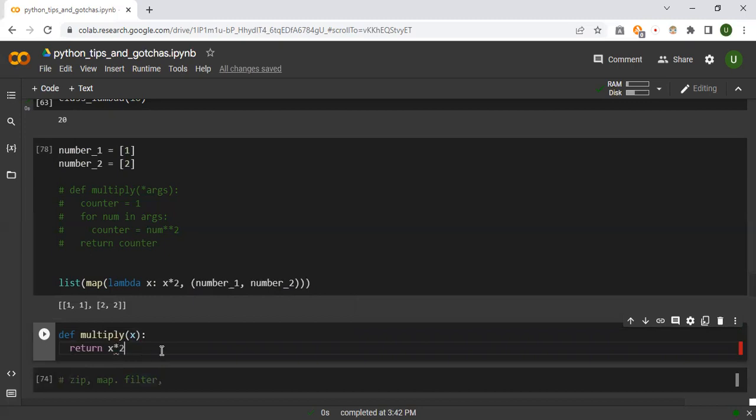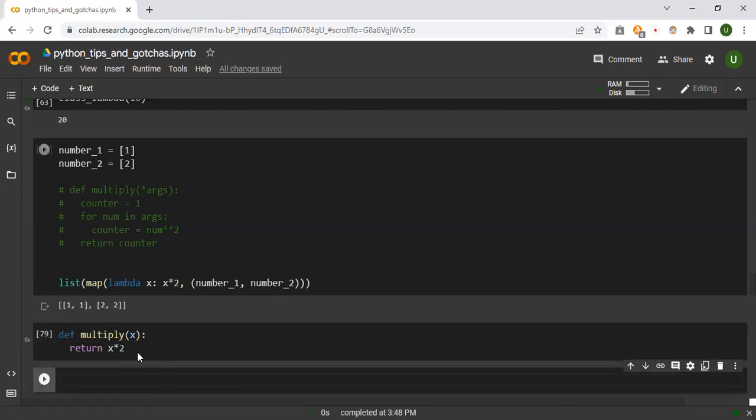All right. So let me put that in a list and a map function here. So all I need to do is say map multiply,